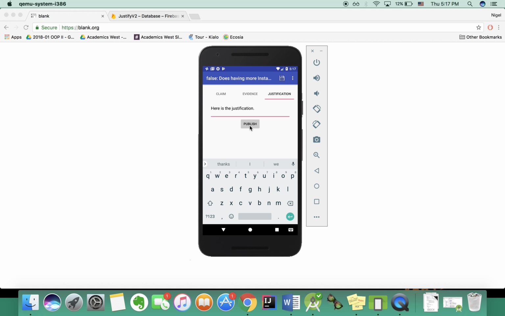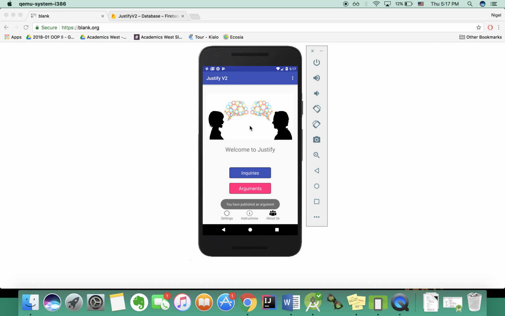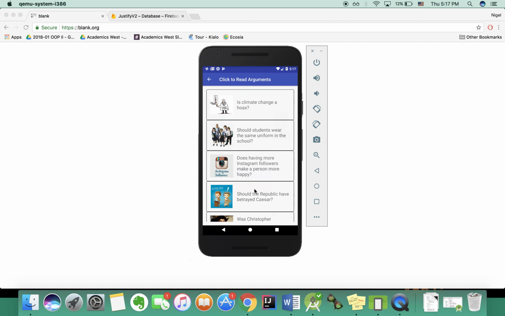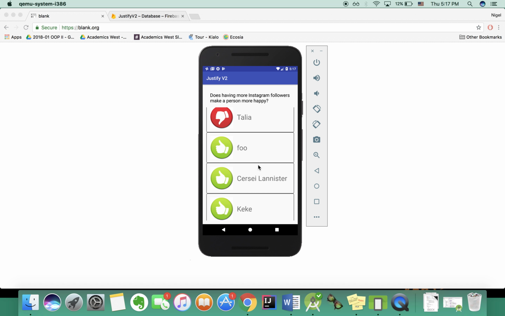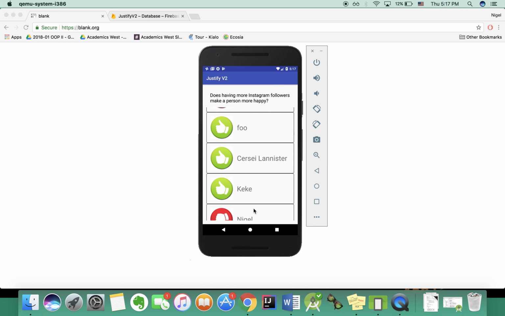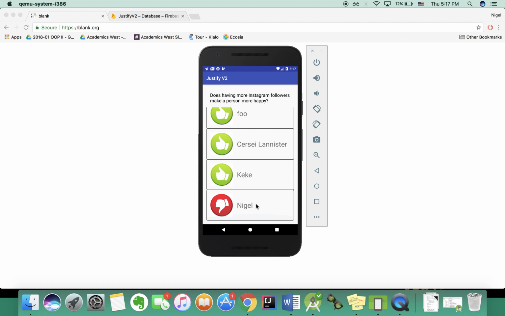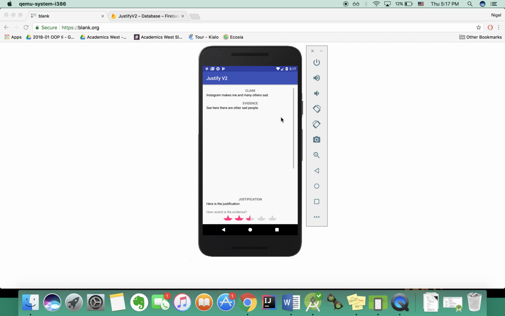Once I hit publish, I'm taken back to the home screen and I can view the argument by going to arguments and clicking on the inquiry once more and clicking on the student that disagrees. So I go over here to Nigel and I can see that the entire argument appears right here with the claim, the evidence. We can see that the web page is loading right now, although slowly, and then the justification